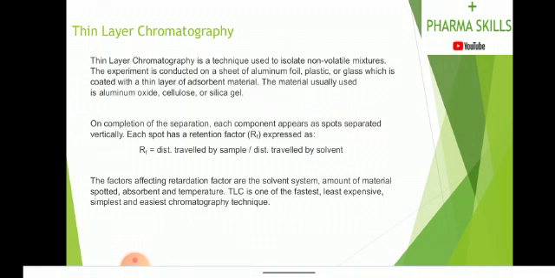This can be calculated with the help of the formula Rf: the distance traveled by the sample is divided by the distance traveled by the solvent. The mobile phase is the solvent in which we are dissolving our sample. The sample travels a different distance from the solvent. From this we are able to calculate the retardation factor.